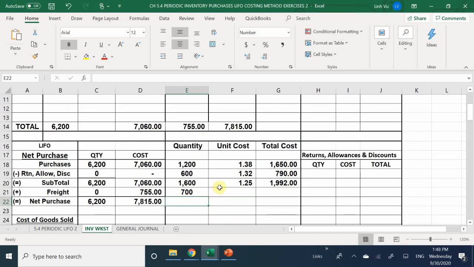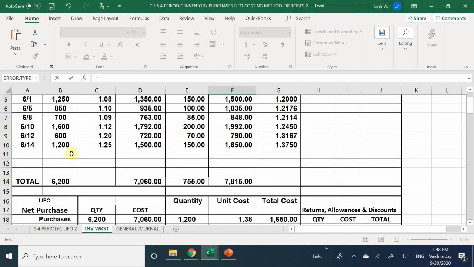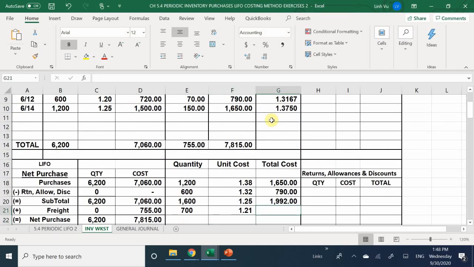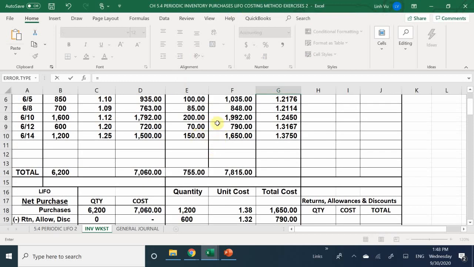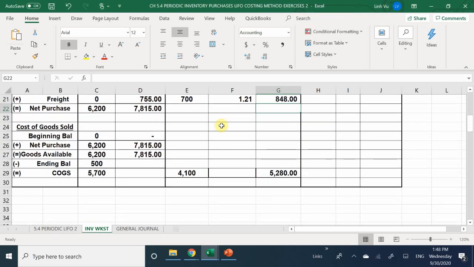Okay, so here we can safely assume again, because we're taking all of it, no calculations is needed, because we're just going to take the full amount of my $848. Okay. So now we have a total of 4,100, and we need to get to